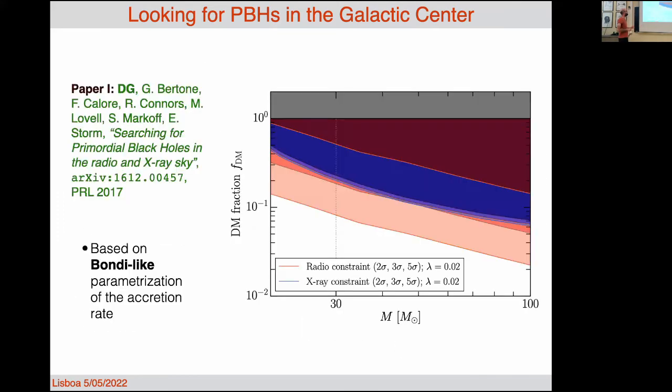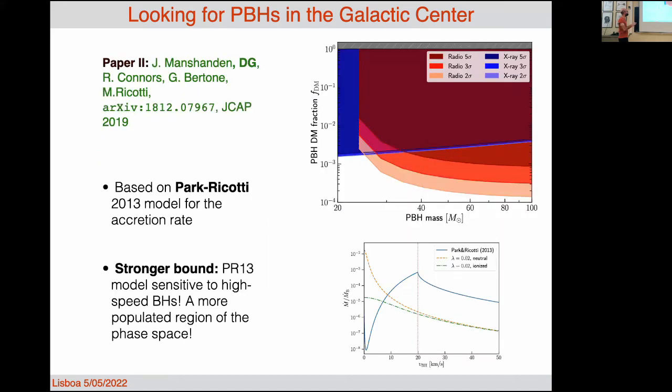And this is the upper limit, actually, that we show, the most updated one, which is quite strong. It goes down to 10 to the minus 3. Again, it's similar to the LIGO bound. So again, you exclude a large portion of parameter space, but you have a channel for a science case